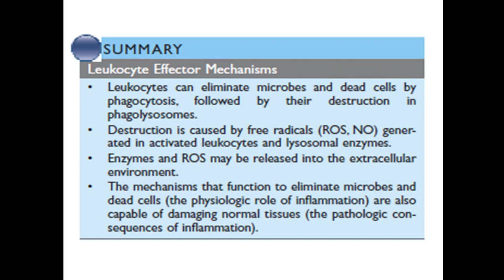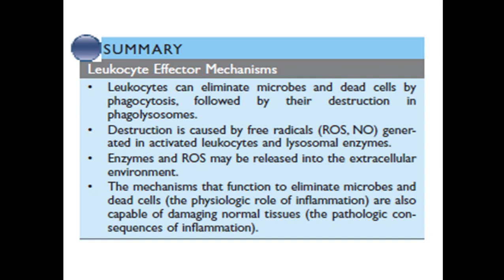Here we come to the summary of the leukocyte effector mechanisms, and we can say that the leukocytes kill the microbes and the dead cells, the two triggers for inflammation, by phagocytosis, and it is followed by their destruction in the phagolysosome through free reactive oxygen species and nitric oxide. So this destruction is caused by the free radicals, for example reactive oxygen species and nitric oxide, which are generated in the activated leukocytes, and in addition there are lysosomal enzymes that are also used to kill the bacteria and